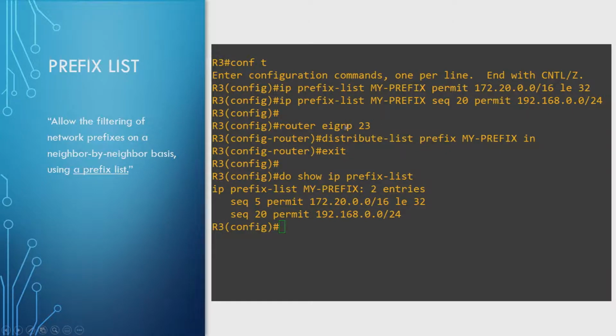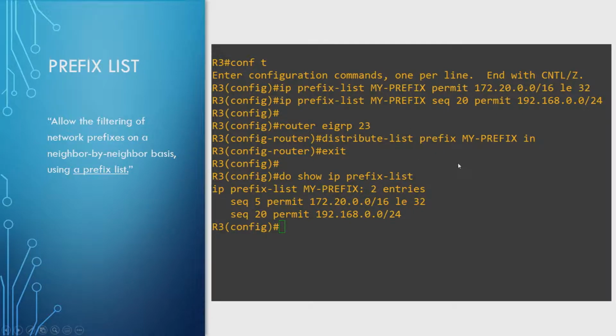So remembering what we did before, the only difference is if you want to specify a prefix list, you have to put in that keyword prefix. If we just wrote distribute-list myPrefix in, what's going to happen is the device is going to look for an ACL called myPrefix and apply it. And if you don't have an ACL called myPrefix, but you do have a prefix list called myPrefix, like we actually have here in this example,